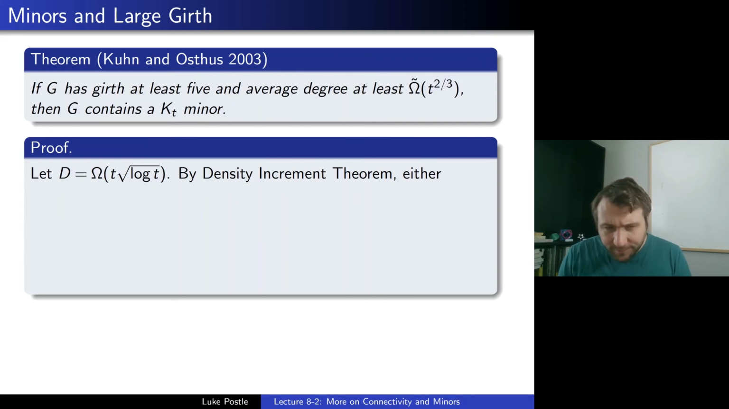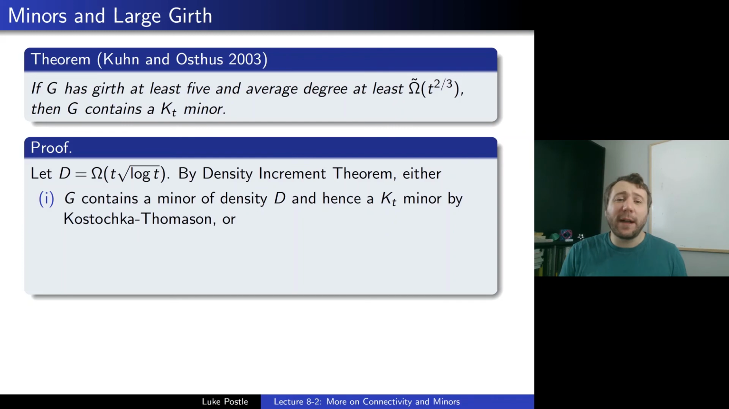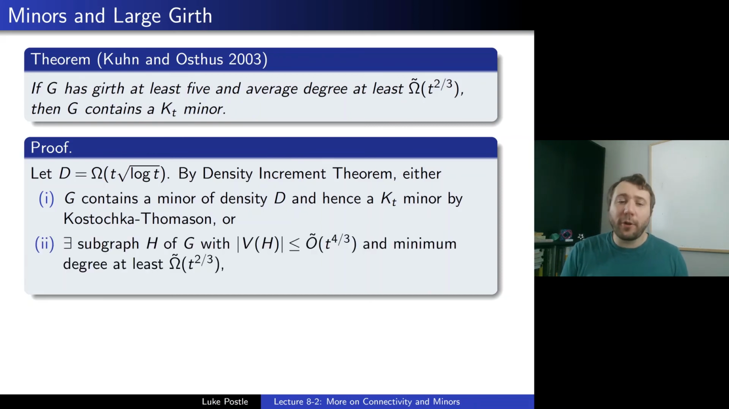So if we let big D be on the order of t√(log t), then by the density increment theorem, either we can get a minor of density big D, our target density, and hence we'd have a K_t minor by Kostochka and Thomason, or there'd have to be a small subgraph. What does small mean here? There'd be a subgraph H of G with the number of vertices being big D squared over little d, which is t squared over t^{2/3}, roughly t^{4/3}, with some polylog terms. And we'd have minimum degree at least, really average, but we could then pass to minimum degree,